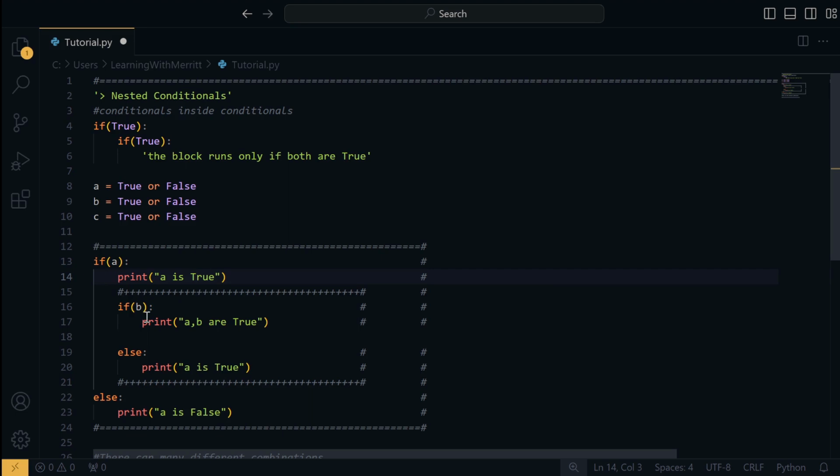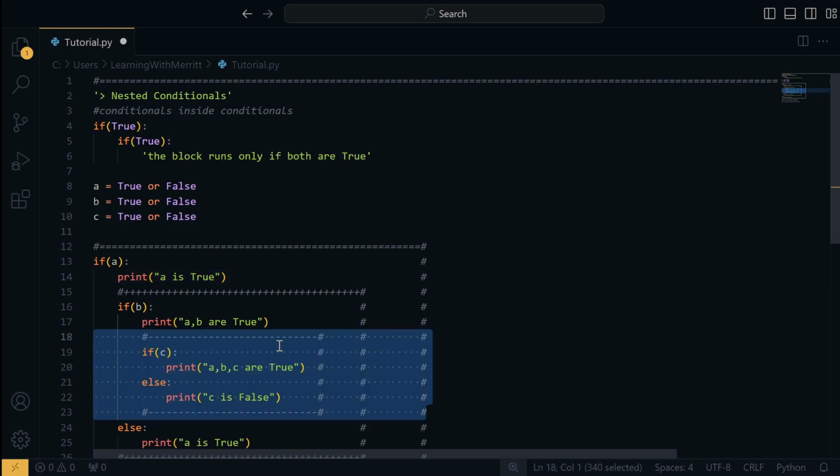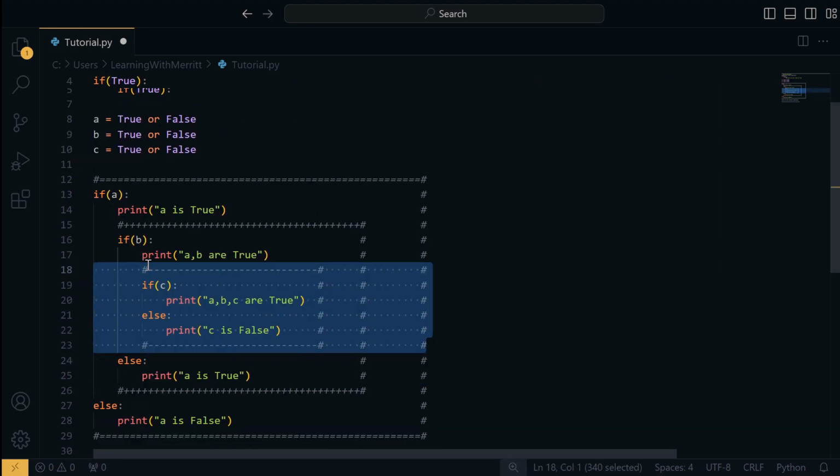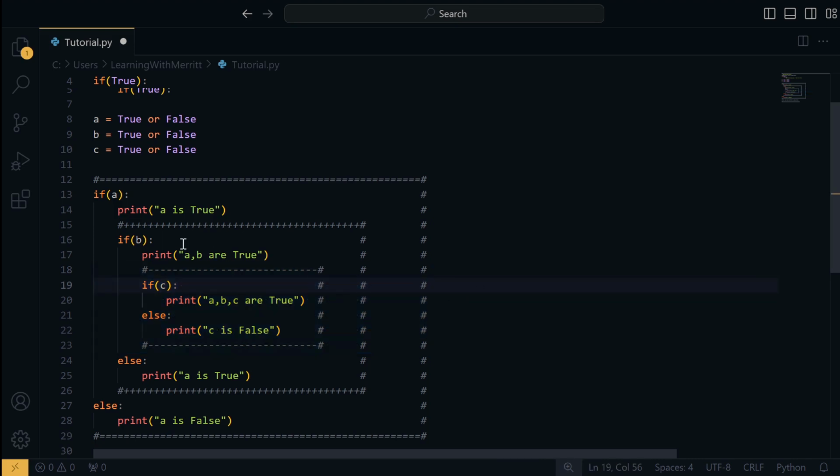Now, let's say maybe we want to check C as well. So we add yet another one in there. You notice how we continue to indent. So what we've done here is now we're going to check if A is true, then we print A is true. If B is true, then we print A and B are true. If C is true, then we print again, we say A, B, and C are true. Okay? But remember, if A is not true, meaning false, we skip down here to this else, and we print